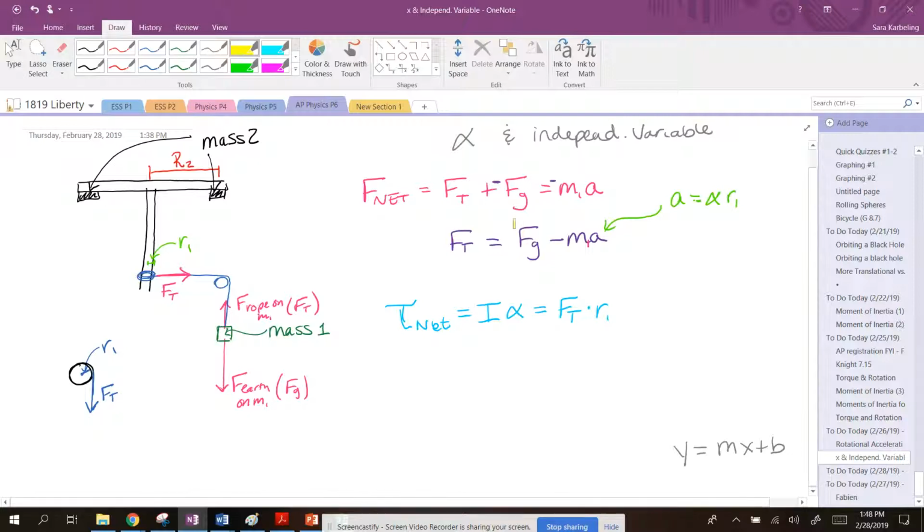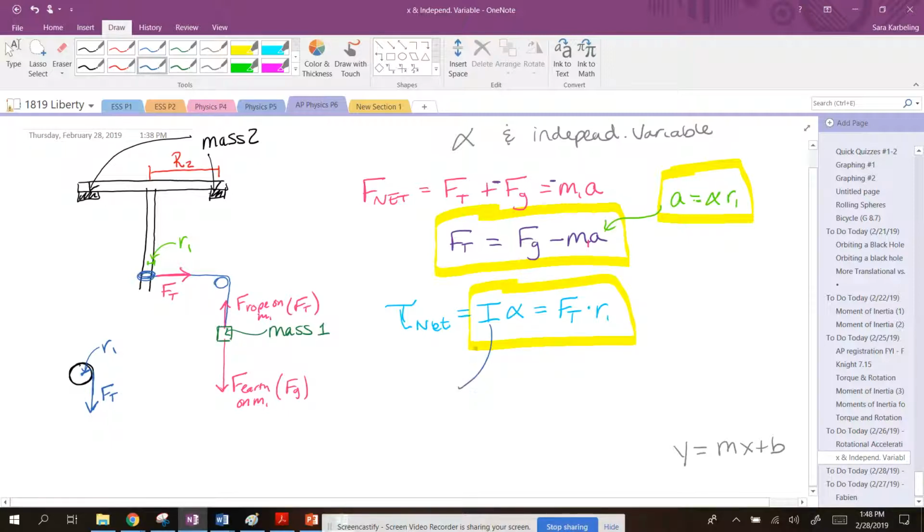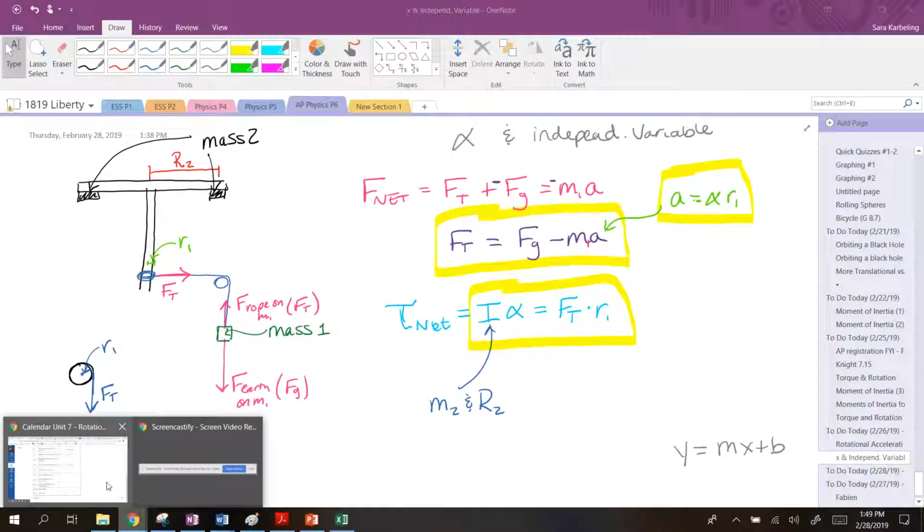So, I'm going to stop talking at you. I'm going to put a box around this, a little box around this one, a box around this, and remind you that M2 and R2 live inside here. Okay? I'm going to let you smash some stuff together and see what happens. I want to see if you can do it. I know you can. Work together. Talk to your group. Don't just ask another group what the answer is, because that is not going to get you anywhere in life, right? Struggle through it, friends. You got this. The radius